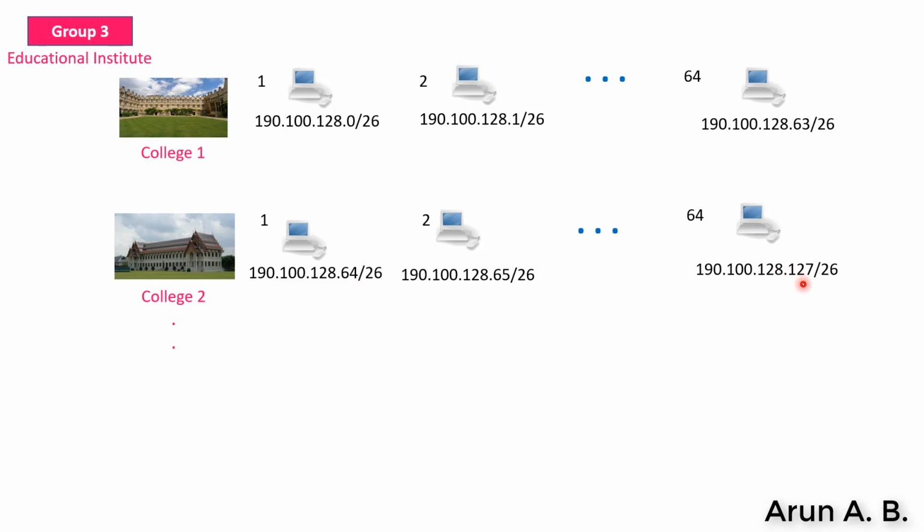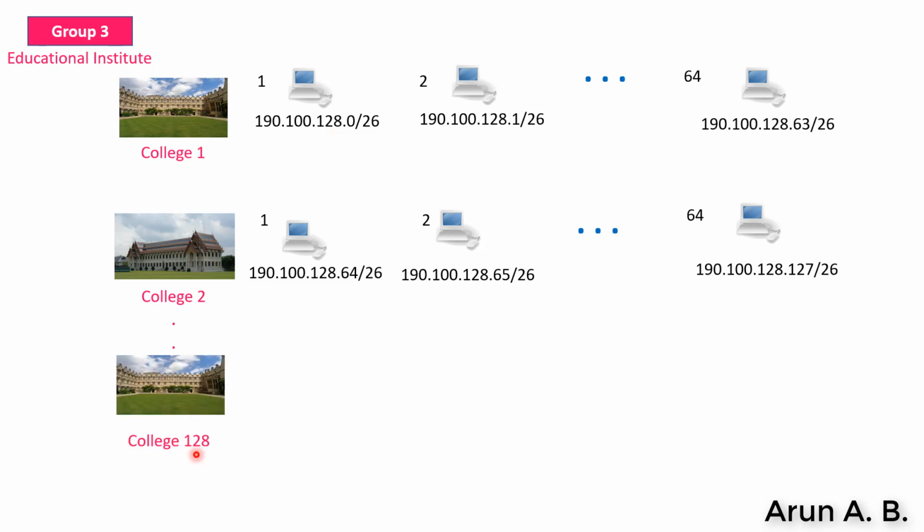Still you can see that here the block 128 is not yet completed. So block 128 starts from 0 and can go up to 255. So block 128 can fit 4 sets of 64 IP addresses. That is 64 into 4 gives us 256. That indicates that in a single 128 block we can fit 4 different colleges, right?